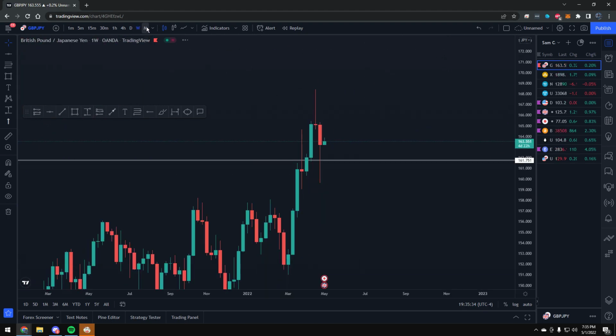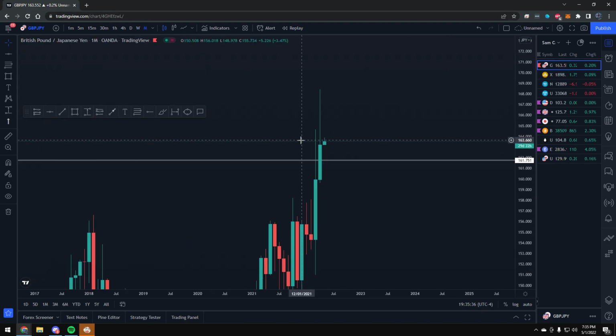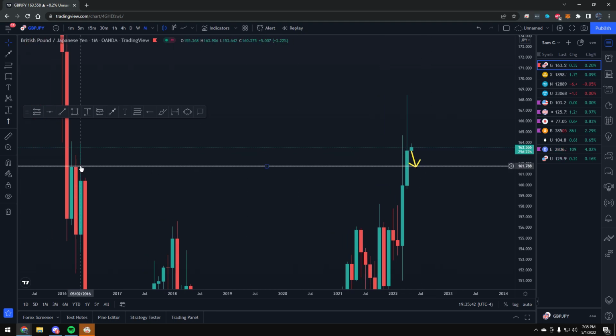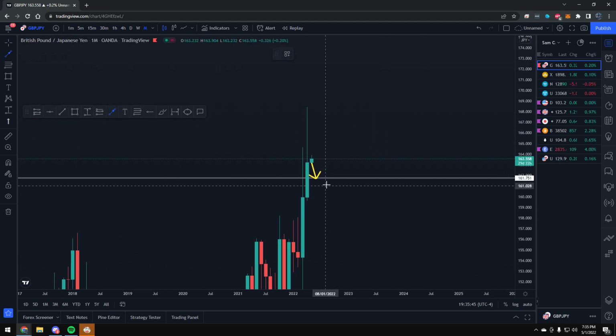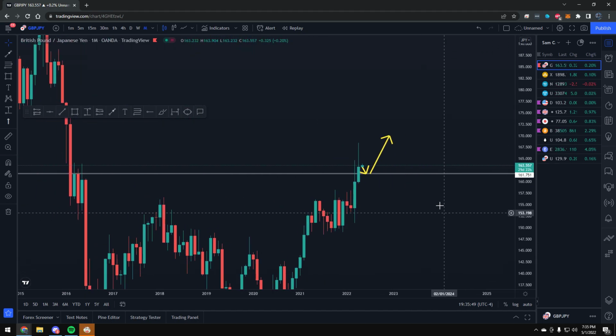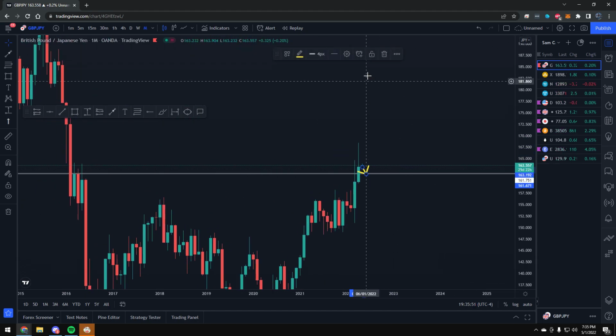Just based off of how the weekly and the monthly looks. So with the monthly being bullish, I would anticipate us to pull back into here to make that bottom wick, tap into this previous structure, and then for us to continue driving back up, right? So now if we drop down to the weekly,